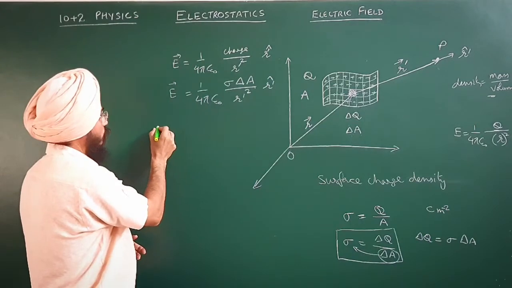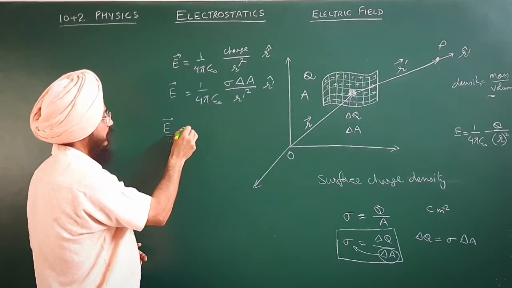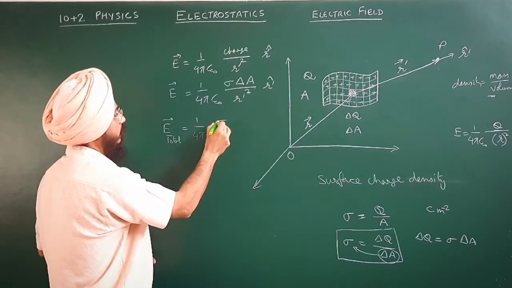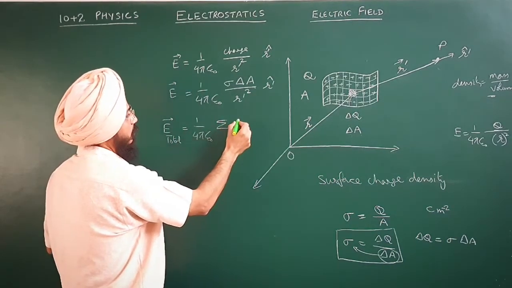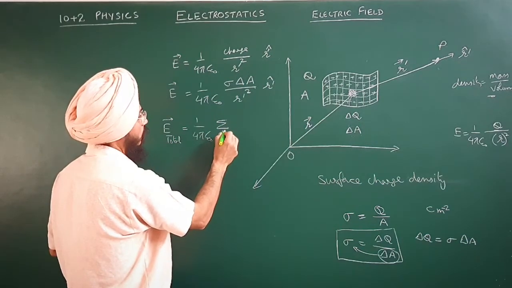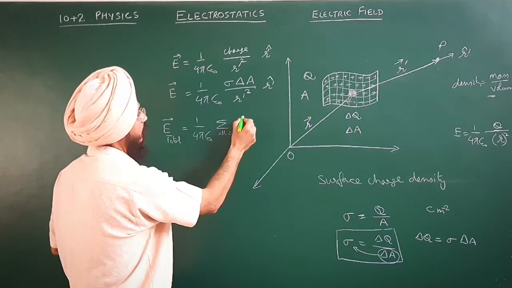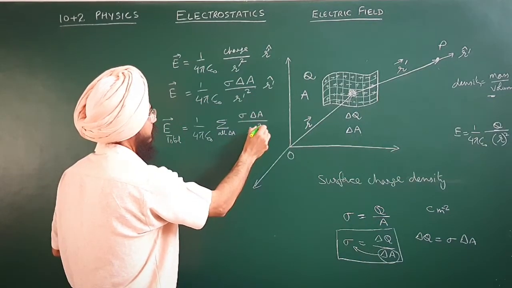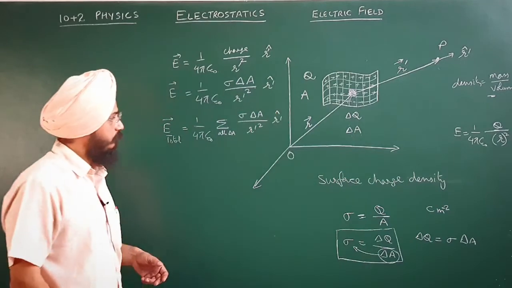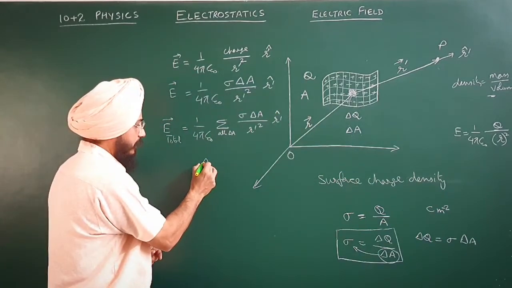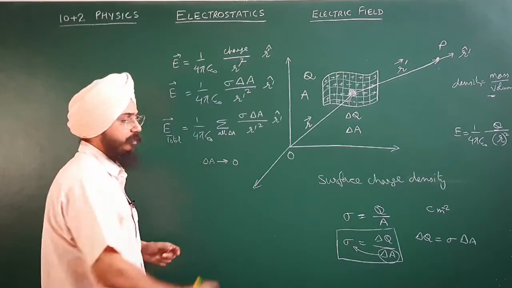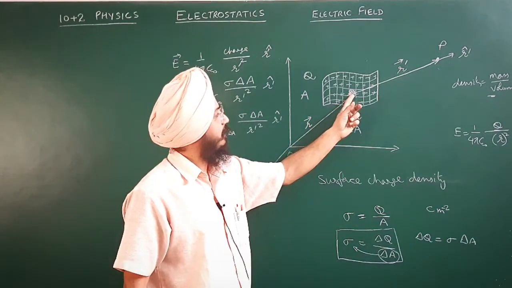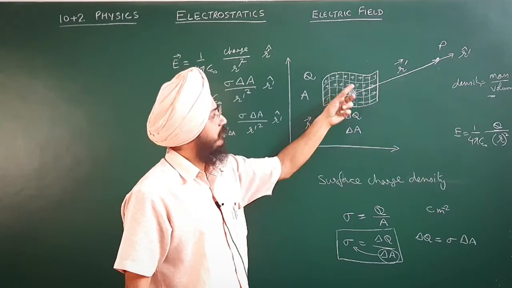So the total electric field will be written as 1 upon 4 pi epsilon naught, summation of all sigma delta A upon r dash square r dash cap. Now if my delta A approaches 0, that is, delta A is so small that these delta A's can be considered as continuous,